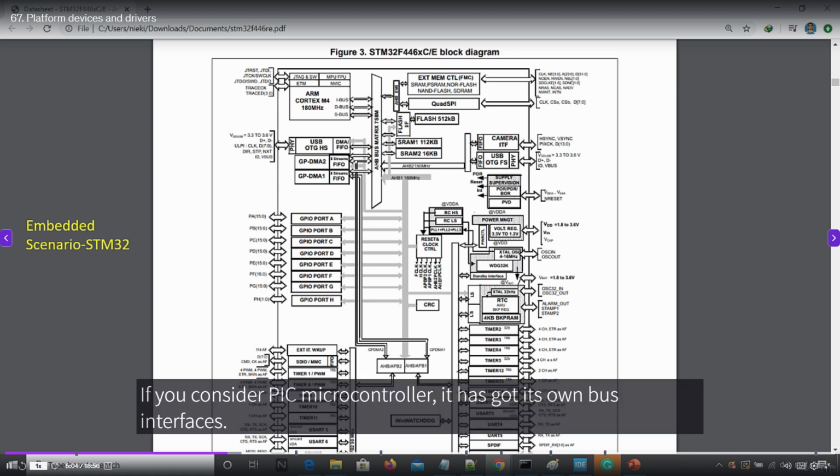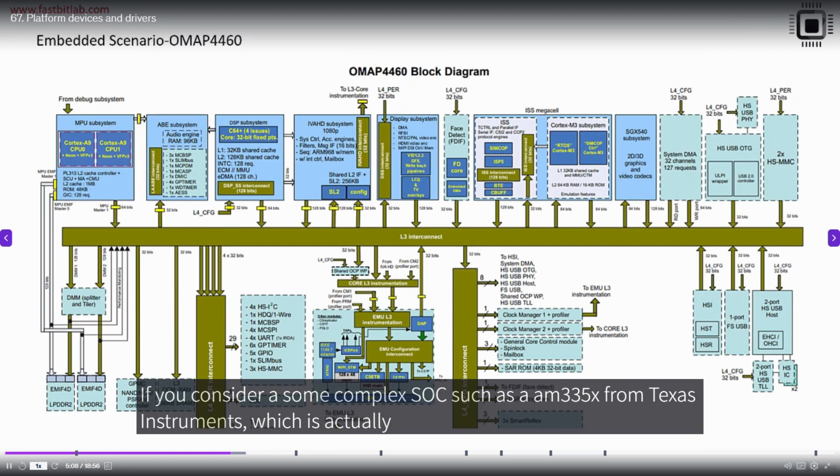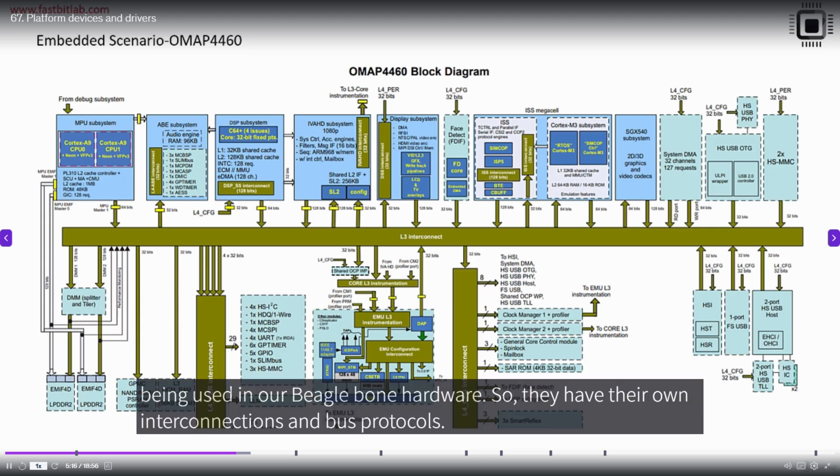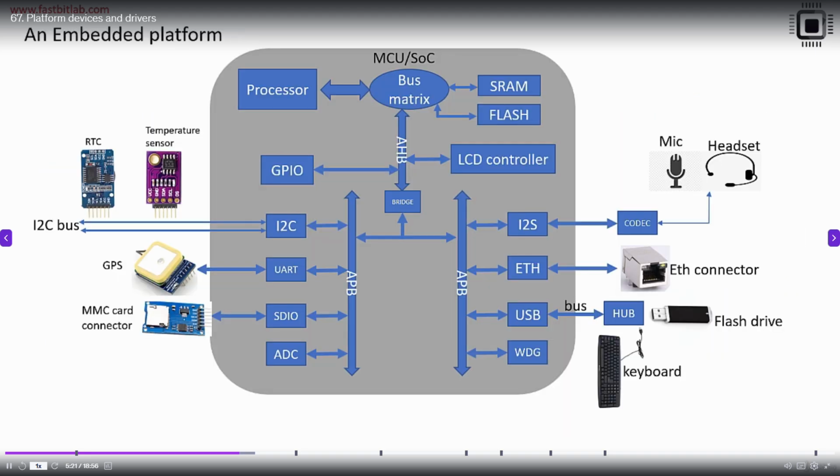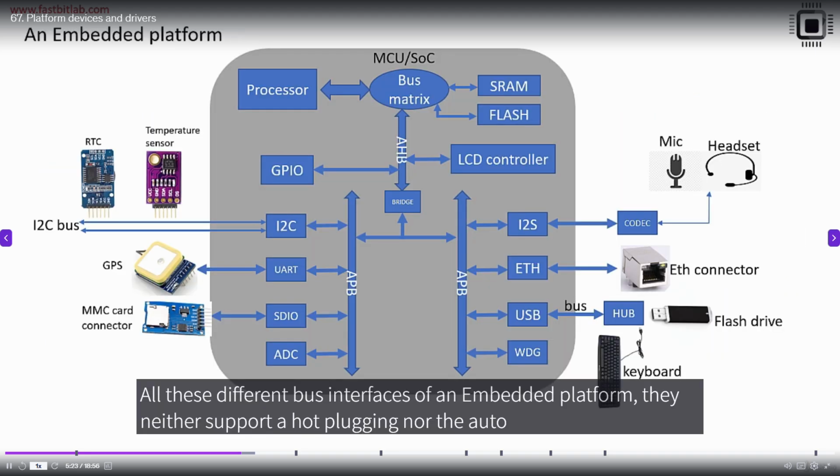If you consider a PIC microcontroller, it has its own bus interfaces. If you consider some complex SoC such as the AM335x from Texas Instruments, which is used in our BeagleBone hardware, they have their own interconnections and bus protocols. All these different bus interfaces of an embedded platform